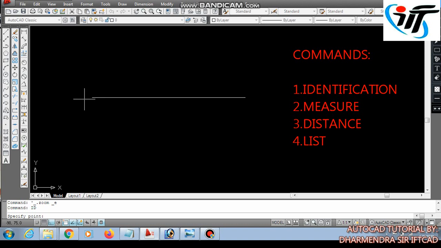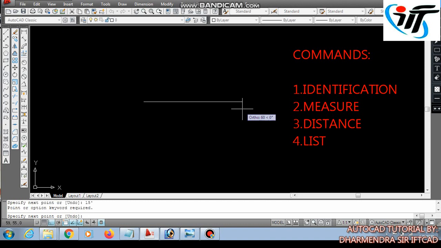Likewise, I am clicking the starting point of the line. Here it has shown the value of x is -97 and the value of y is 75. That means the coordinate value is -97 and 75. Now I am pressing Z enter, A enter, then I am drawing a line of 15 units.